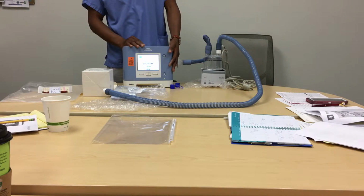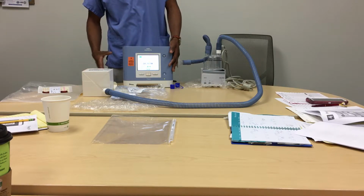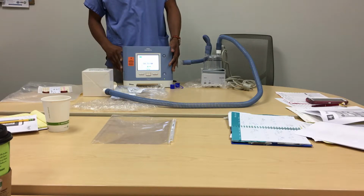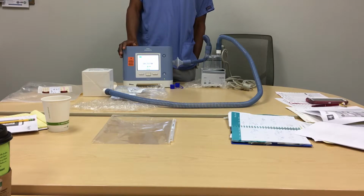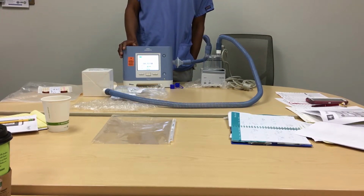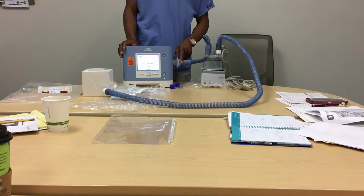They didn't make an external modem that you could attach to this, but it's rarely used. I often say it's preferable to go out there and see exactly what they are doing, because there are times when you talk to them over the phone, they'll tell you they are changing the filters, the circuits, and all. When you get there, they don't do that. And I've had